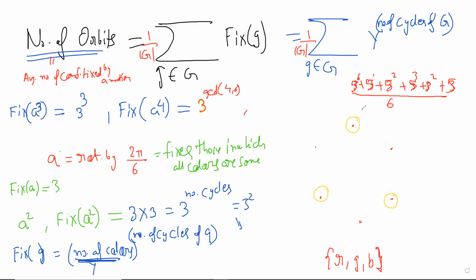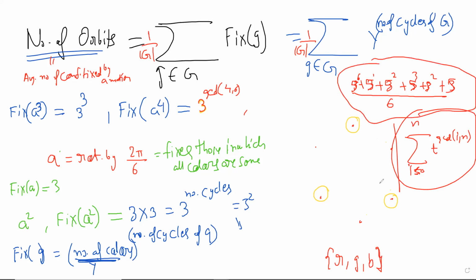That's simple. Okay, in general, I'll say that for homework you have to prove that. Basically, with t the number of colors, it will be t to the power GCD of i and n, summed over i running from 0 to n, or 1 to n minus 1, something like this will be the answer. Okay, so this is the application.